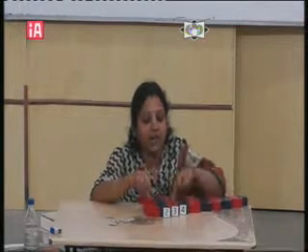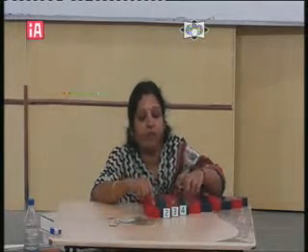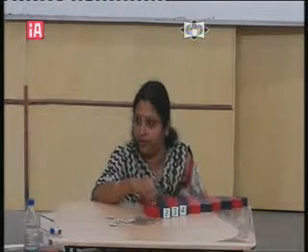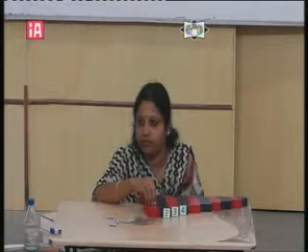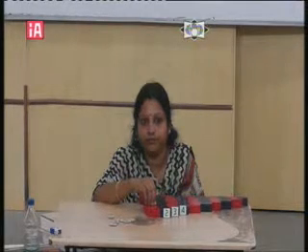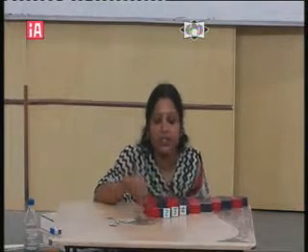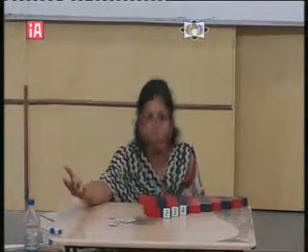Maybe if the child puts 5 here, then you should think counting is not proper. So in this manner, you can check whether the child is doing properly or not.